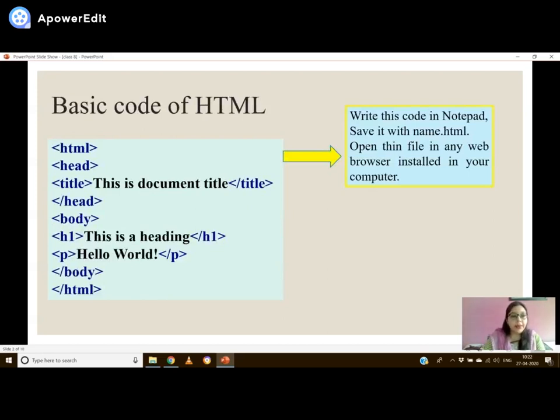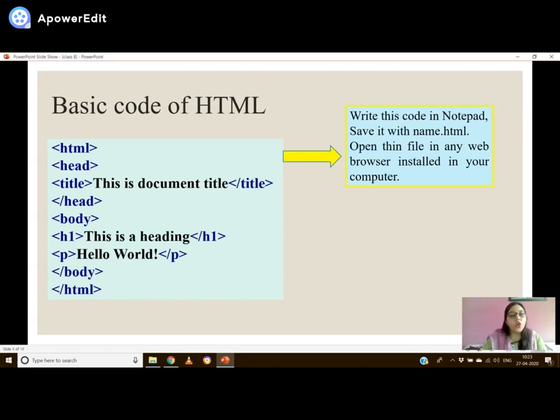In your HTML basics, see, this will be the code which we are going to use whether we are inserting an image or linking web pages. This basic structure will remain the same, right? So initially, for the starting and for the end, we are going to use the HTML tag. Now what are tags? Tags are the basic text which is enclosed within angular brackets.